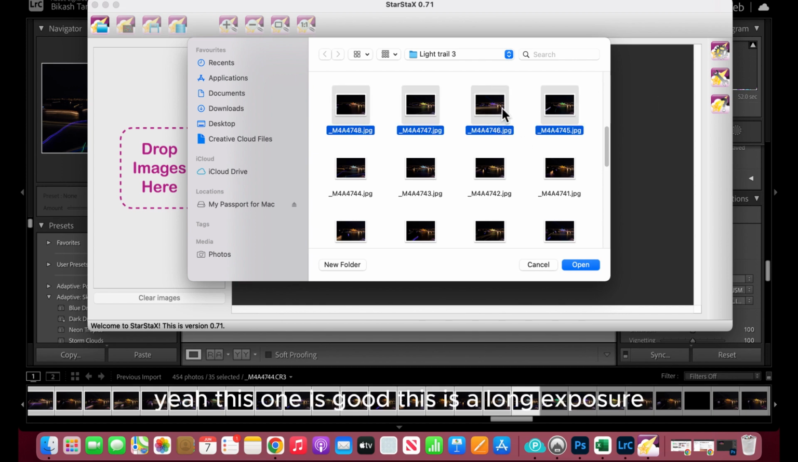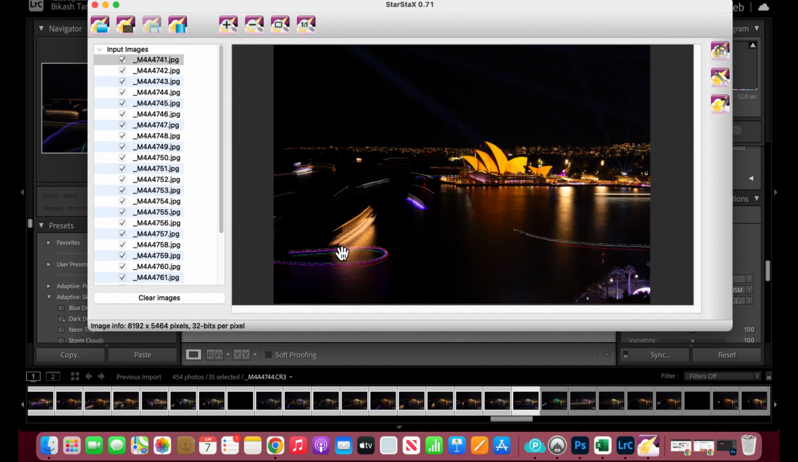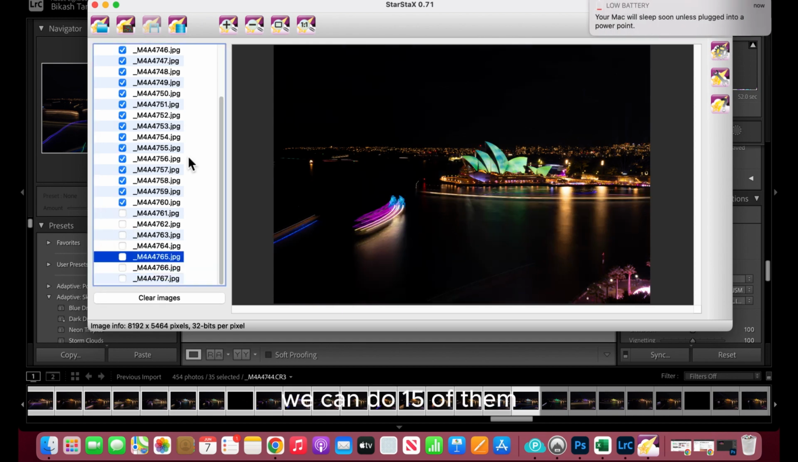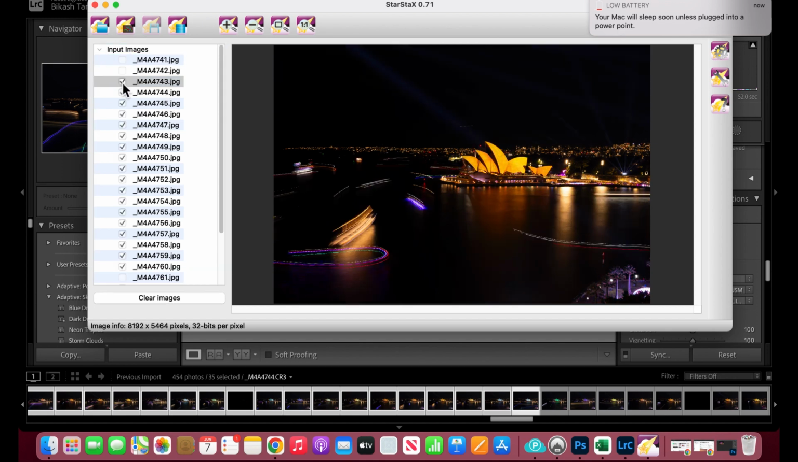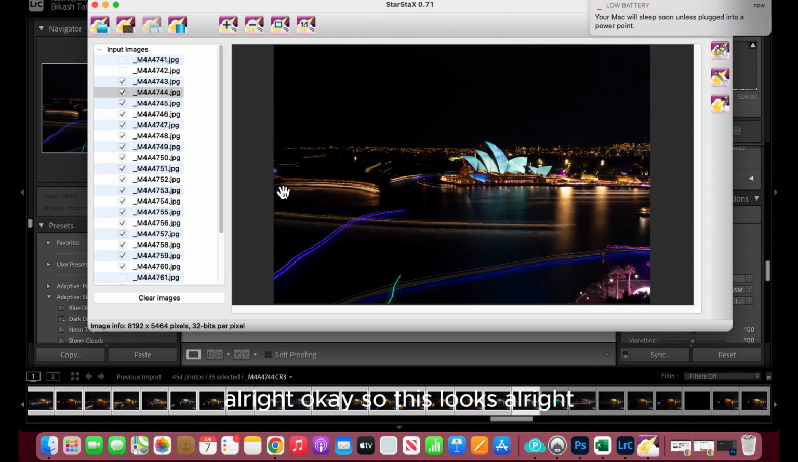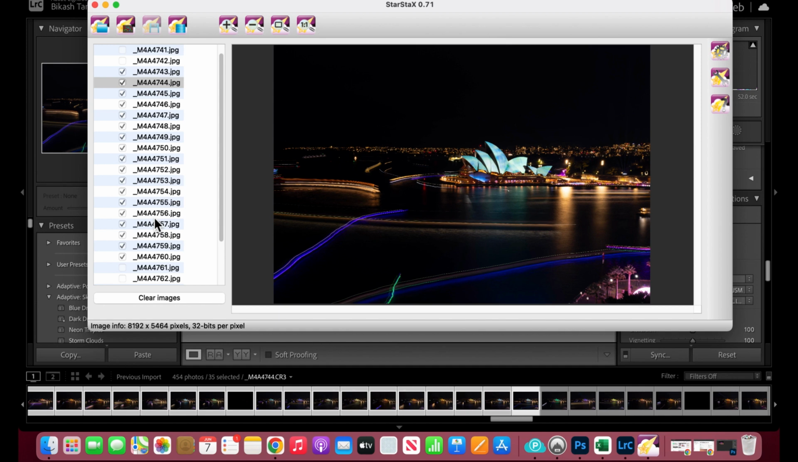Yeah, this one's good. This is a long exposure. All right. We can do 15 of them. Okay, so this looks all right. Oh, my battery is dying. All right, this is all loaded up, and I've just ticked like 10 to 15 files that I'll be processing, and